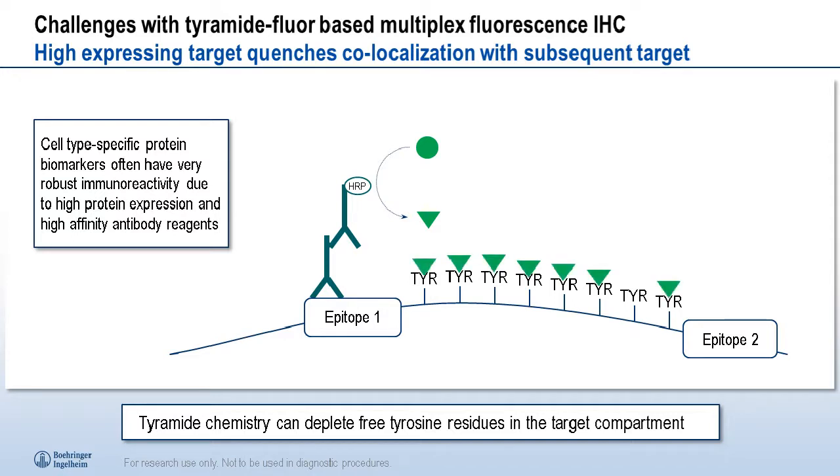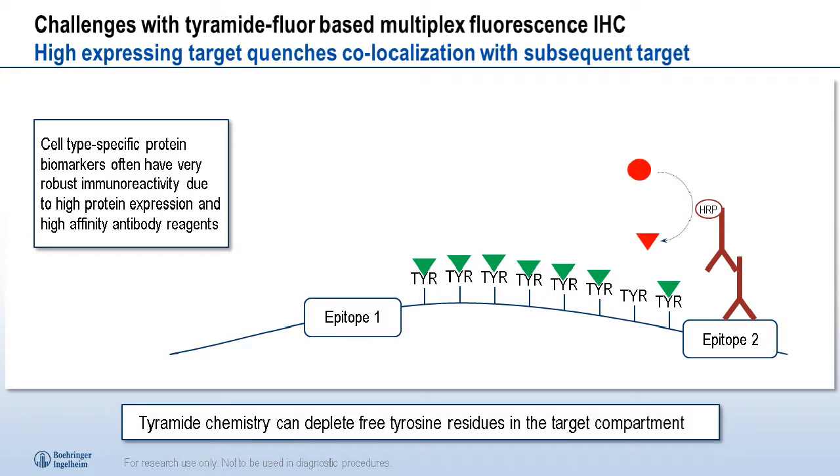And what we end up seeing is now we've almost saturated all of the local tyrosine residues in this subcellular compartment with, say, our CD20 signal, leaving very little left for our second round of detection. So now that we use our heat-induced epitope retrieval, we wipe away our first set of primary antibodies, and now we're looking at our target of interest, our primary antibody, our secondary antibody,